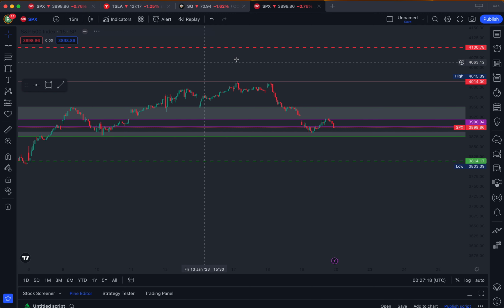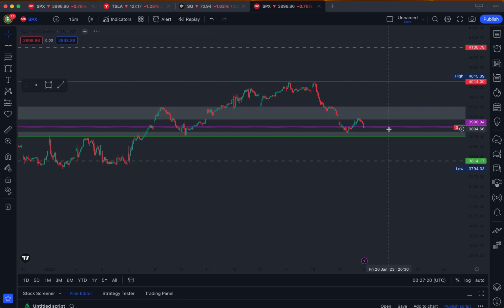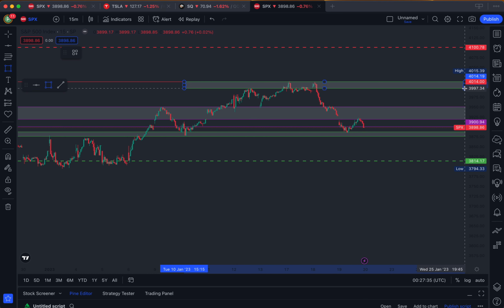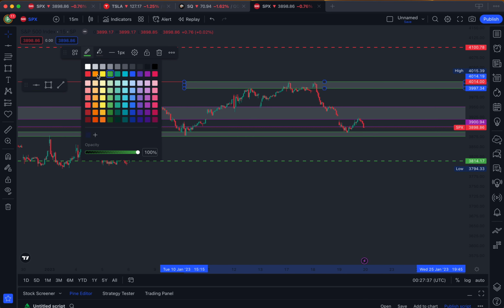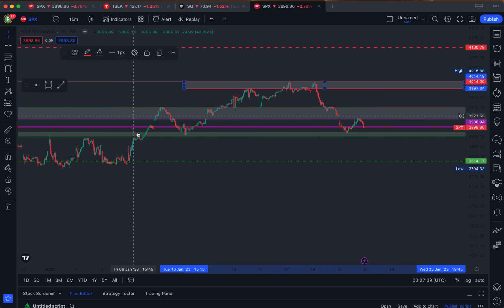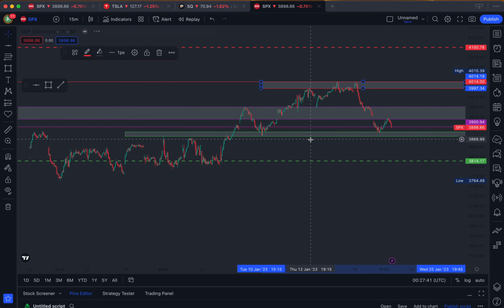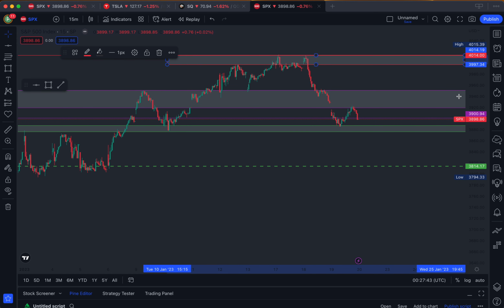Okay, look at it on a 15-minute chart. Any major things here? Okay, so let's say we want to do a support and resistance zone here. So look, we got some resistance there, and there's also some resistance there. So we can do a zone from there to there that kind of covers that. Okay, great. Okay, so if you look at this now,